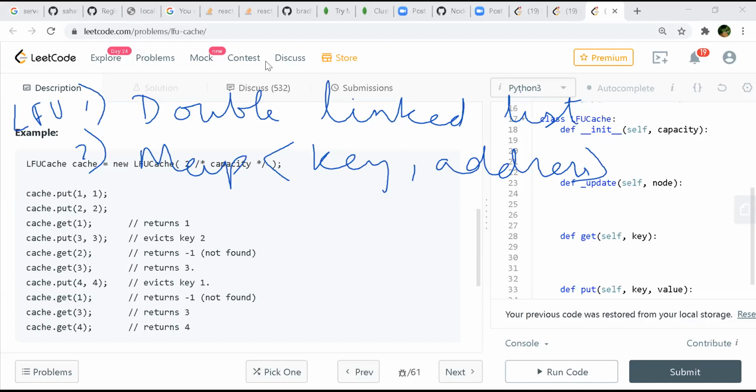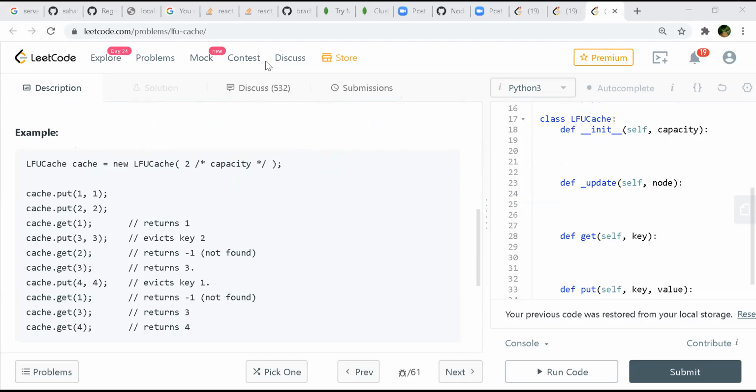You just have a node which will have address and value, right, Dilip? Only address is enough, I think. If you have an address, we can get the value also, right? That makes sense. Then why do we need to keep the map? The map is for the address, so it will have key and address both, right? The map will have the key and the address of a node in the linked list.